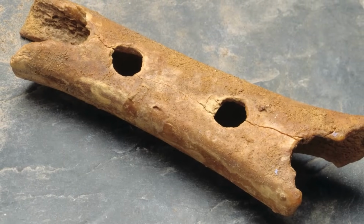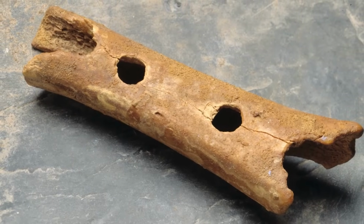Number 2, Neanderthal flutes. Yes, music. Where did music come from, right? Music's been in the air for quite a long time, and Neanderthals enjoyed a flute every now and then, it seems. They weren't playing We Three Kings, but they were making music, or some sort of sounds, as early as 50,000 years ago. The first instrument known to man was most likely our vocal cords, but the second one were